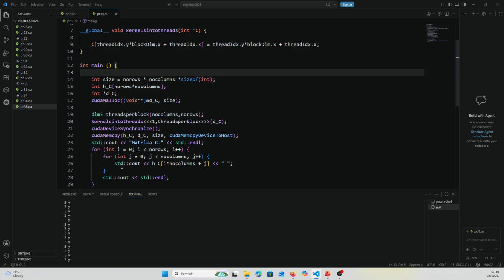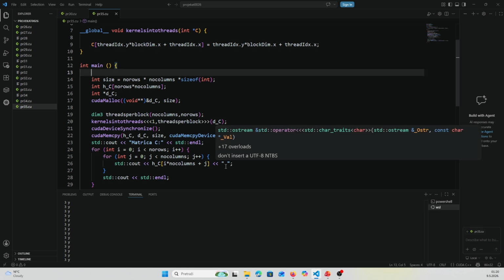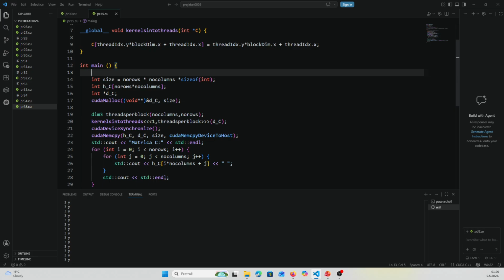And putting on the standard output, we put in a familiar manner I times the number of columns plus a j, and then make a separation. And when we finish writing down all elements in that row, or when we pick up all indexes